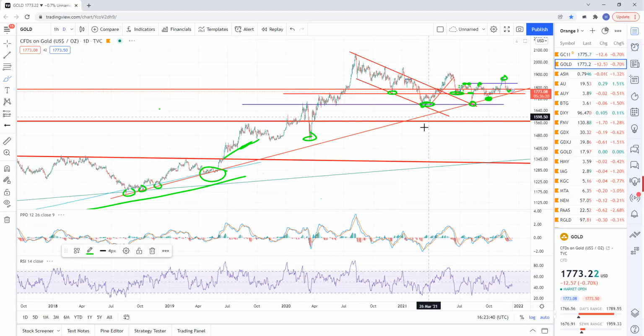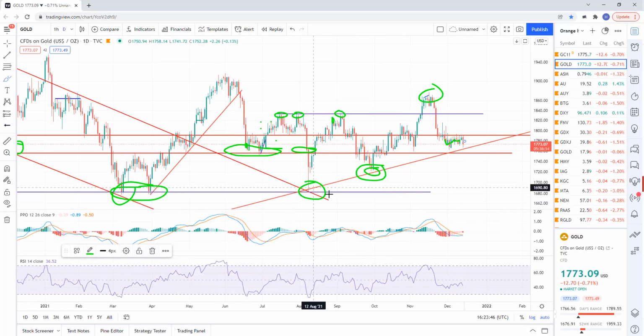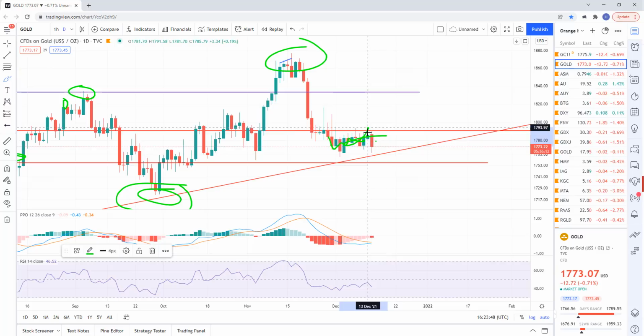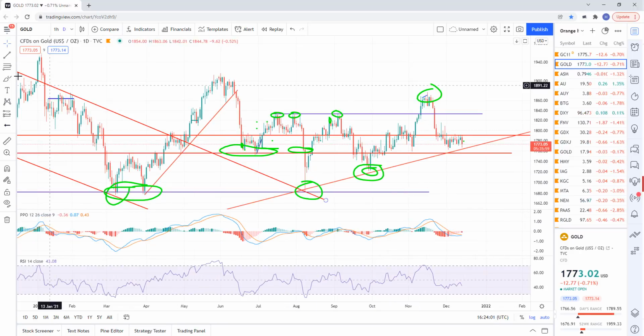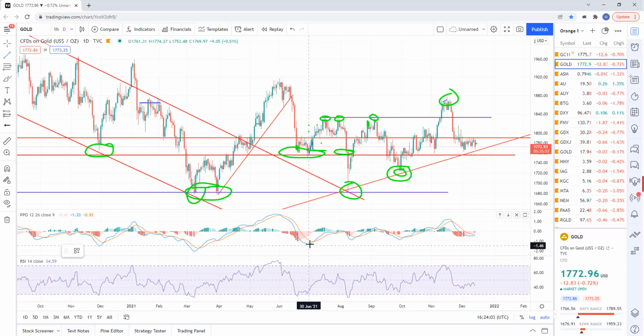And then longer term, if you roll out, you'll see here's your bull market in gold coming back to 2018. I've got all the tags of support circled. And as I zoom in, you can see here we are. We're just still kind of in that area. So there are no technical breakdowns in gold. Still above, still holding support, still holding the trend line,